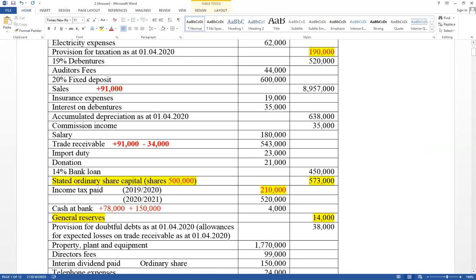From that value should be deducted 70,000, that is a down payment, as well as annual installment 50,000 paid in cash. To get the correct cash balance, adjustment should be done. Then under note number 5,